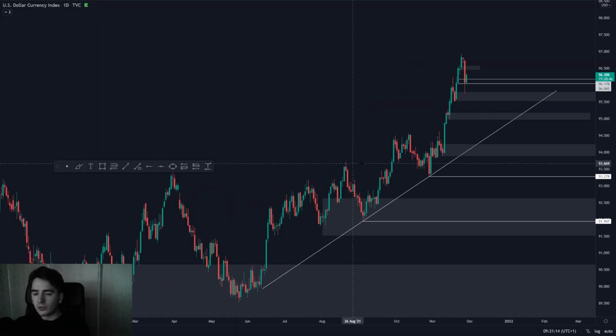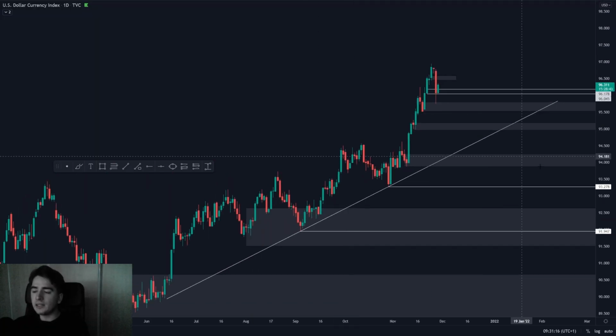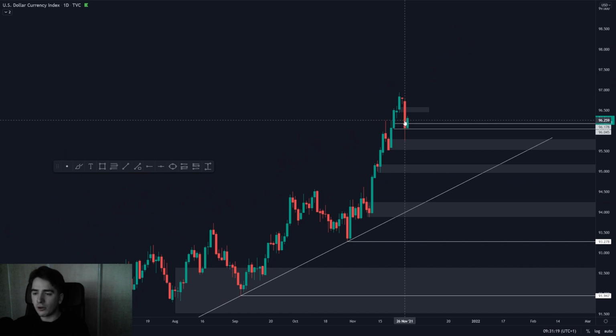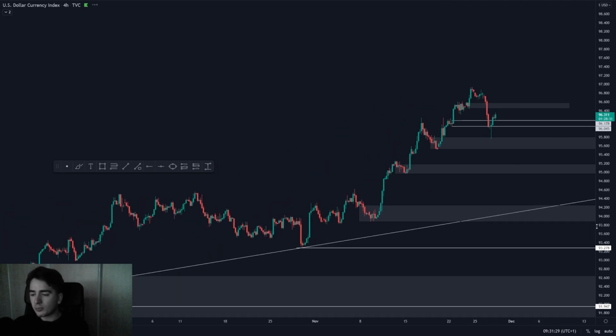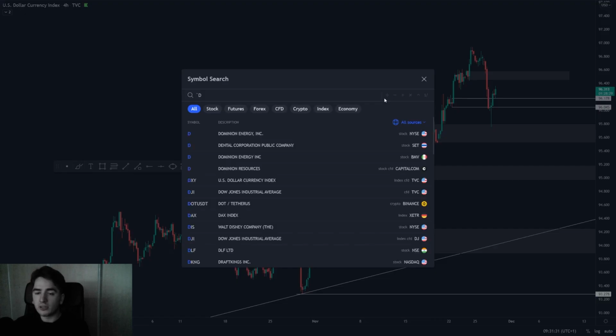So to begin with, of course, the dollar index. Looking at the dollar index, we can see on Friday we got that massive dump over here on the 26th of November. Well, this mainly had to do with fundamental news on the South African coronavirus variant. Looking at the dollar index, though, it wasn't really a surprise that we fell in towards this zone, because this zone, I already had pointed it out,